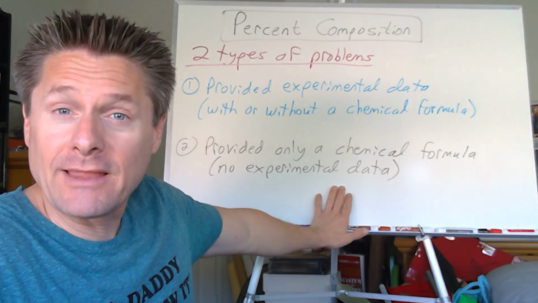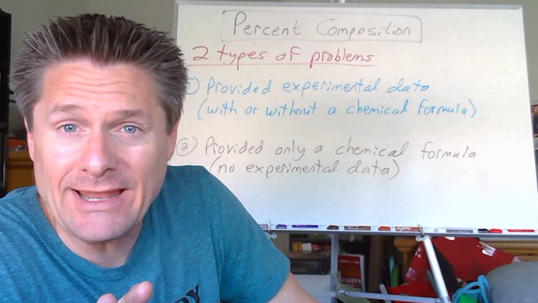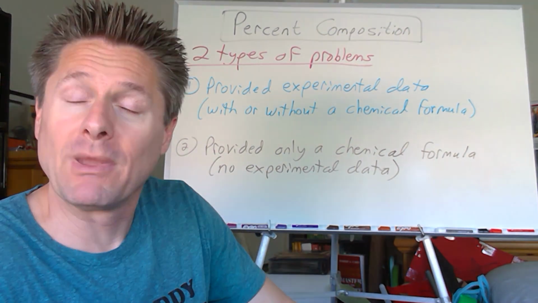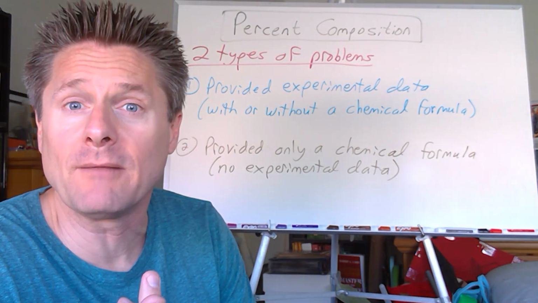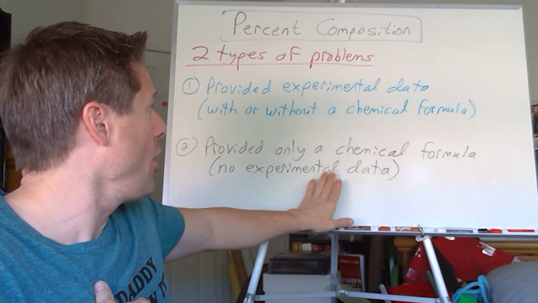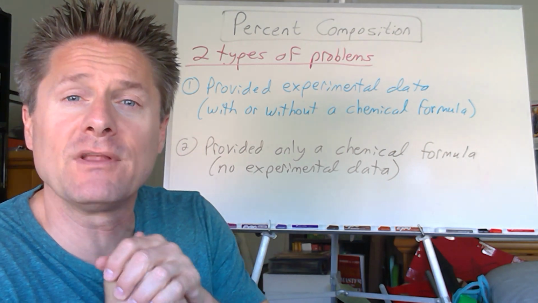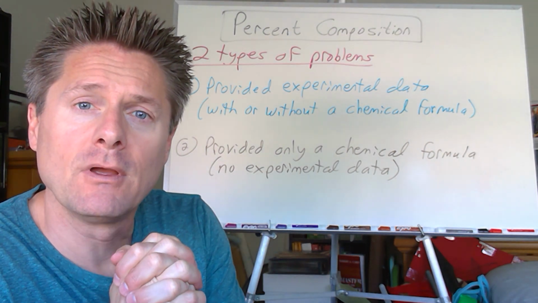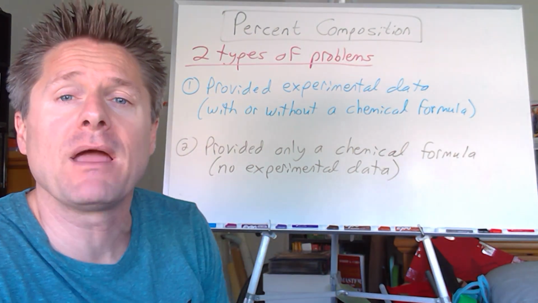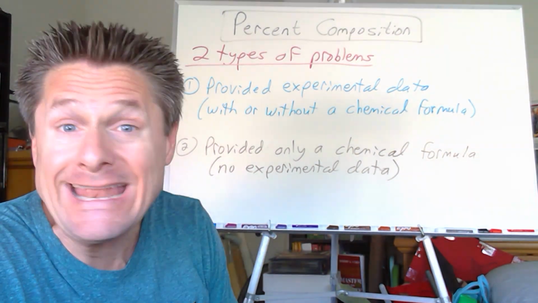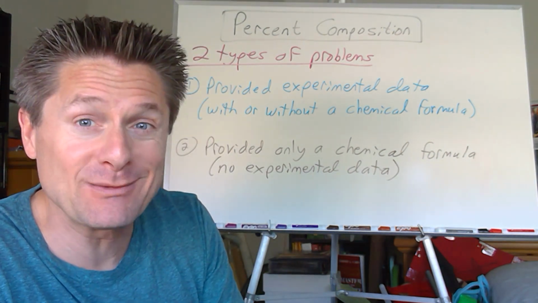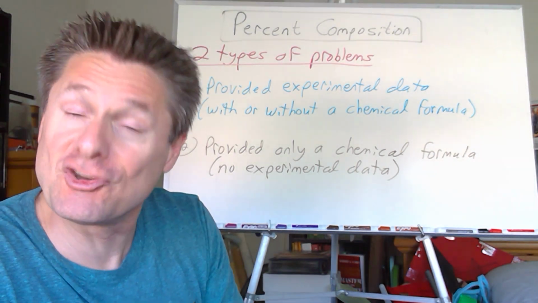And theoretically, let's say we have no data, right? This would be something you do in lab because the point of lab is to do something. But let's say we only have the chemical formula, right? We know the mole ratios of the different elements in the species, and we want to know the percent by mass of one of those elements or some portion of that particular substance. I'll show you how to calculate the percent by mass of that portion of the substance without any data whatsoever,